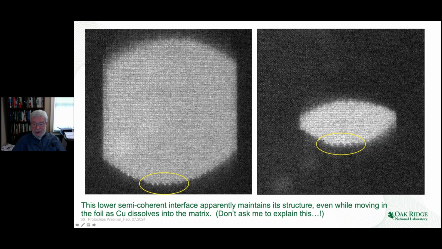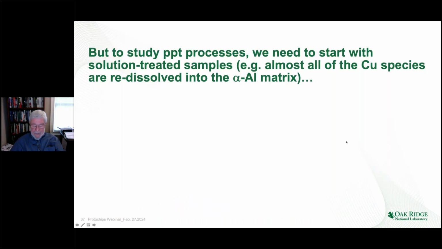It's just that the energetics say this is the energetically favorable shape of the interface as it moves through the lattice. I can't explain exactly all the details of that, but that's an observation you can make based on being able to do this kind of experiment in the microscope. So if we're going to study precipitation processes, we need to start